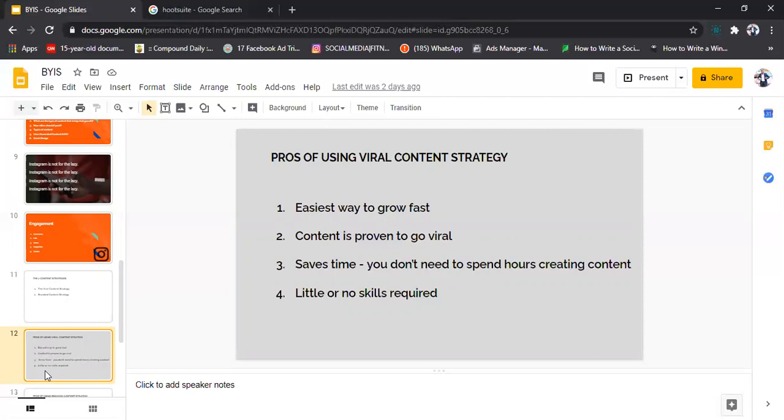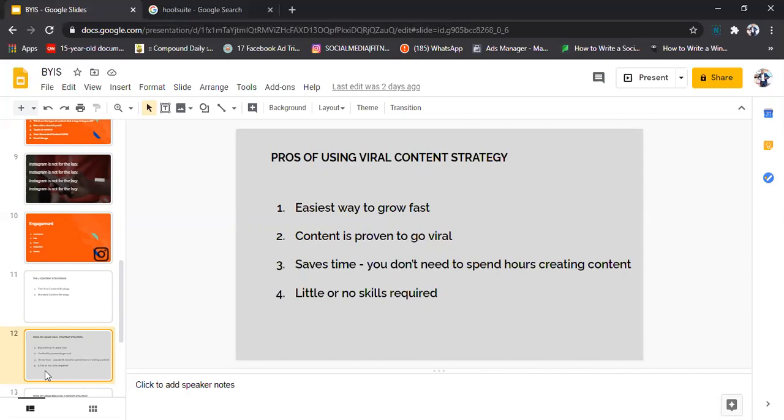Now the trick is this: people are engaging with that post, and you share the same audience. So if you share that on your page, you're going to get the same, if not as much, but to a certain level, that high engagement and also possible following from people. So the content is proven to go viral.